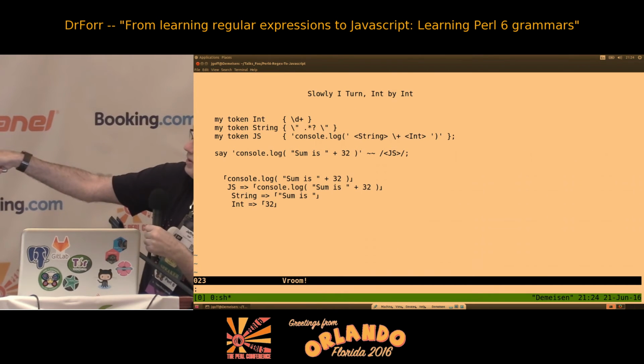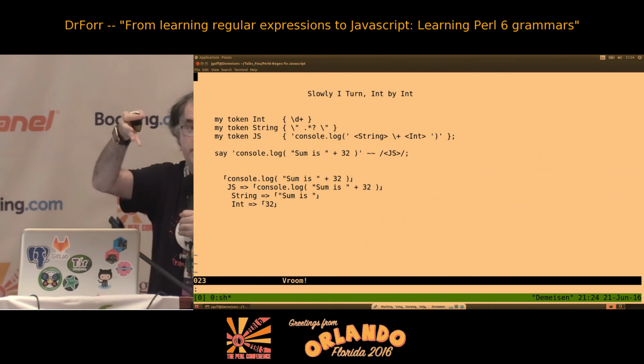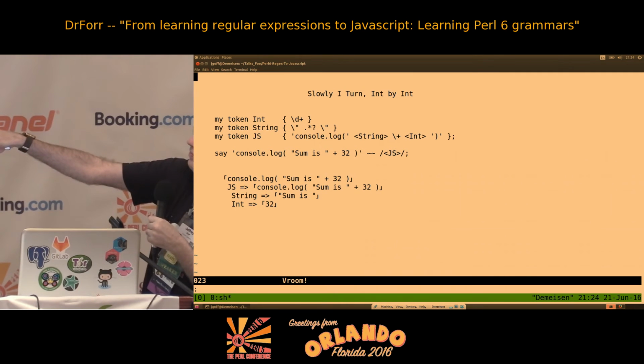Get a little bit more detail down here, and at the end for 32 now we use the \d+, which again you're all familiar with, and this also speaks to what we were talking about in the back there, how to handle int. So now we have the string. We have console.log string plus int,